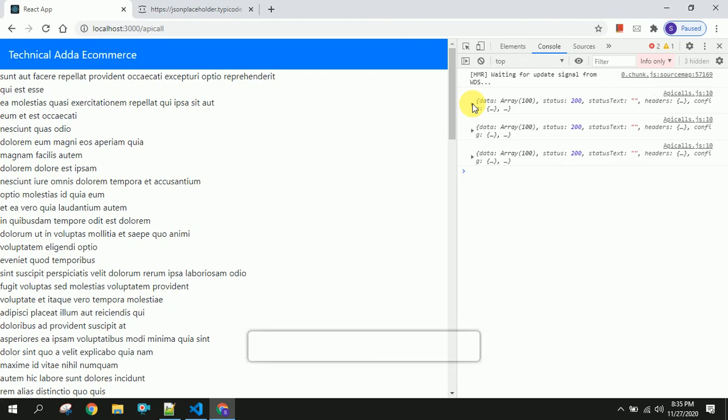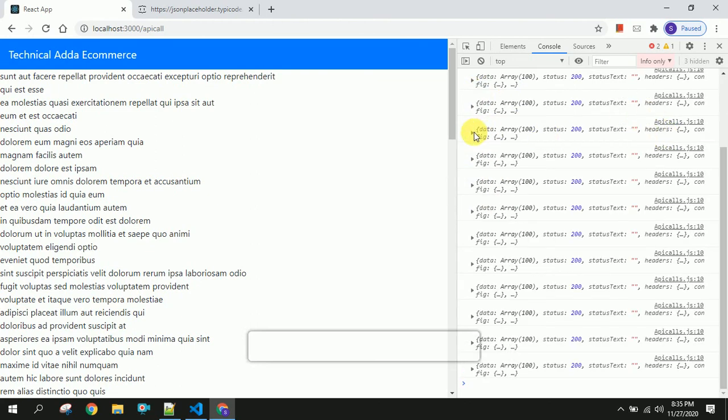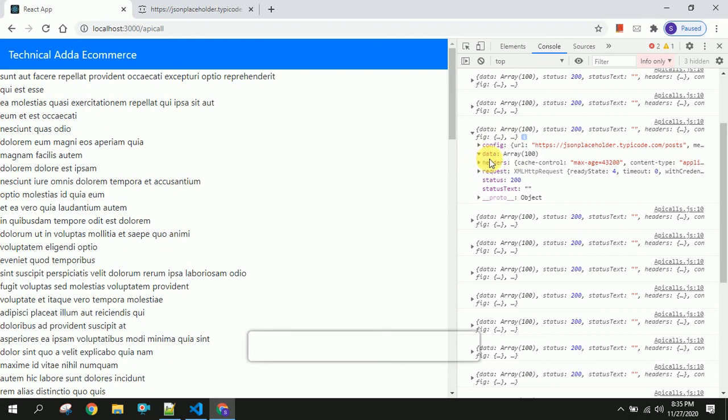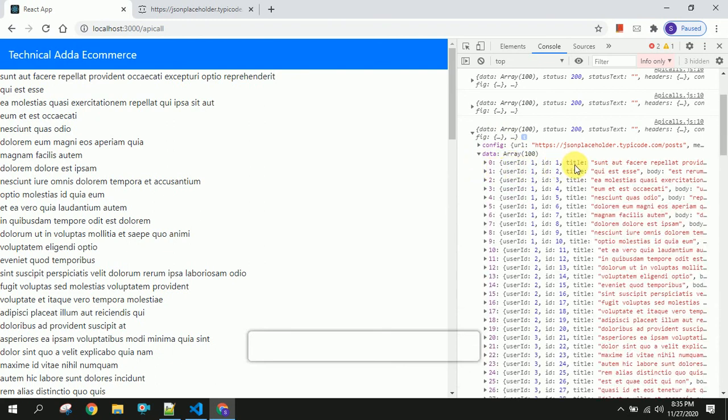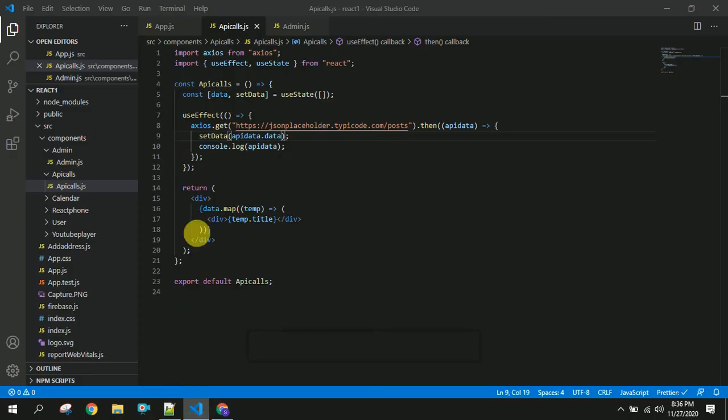So if you see here, you will be getting this data in the API calls, and in this data we are going to use only title. In a particular object, we will be having different properties like body, ID, title, and user ID. I am going to use this title, and I am rendering this here.